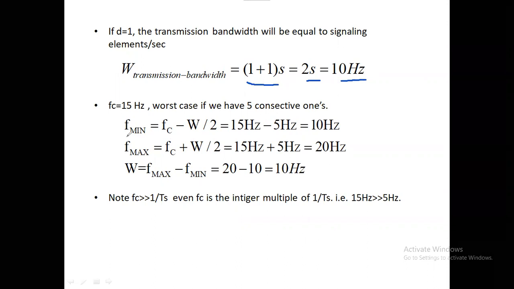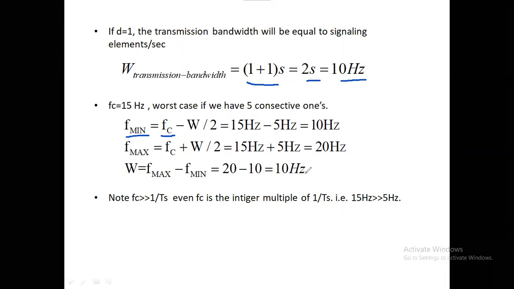So the minimum frequency depends upon FC and W, and FC is the center frequency or the carrier frequency, and bandwidth divided by 2 is 5 hertz, so it is 10 hertz. So it spans up to 20 hertz, and here we can calculate the bandwidth from max to min, which is 10 hertz. So it is centered at 15 hertz and spans from 10 hertz to 20 hertz. So that is in fact the bandwidth requirement of the ASK